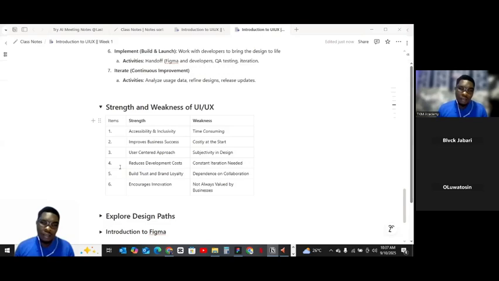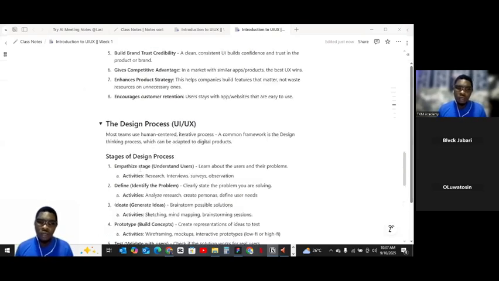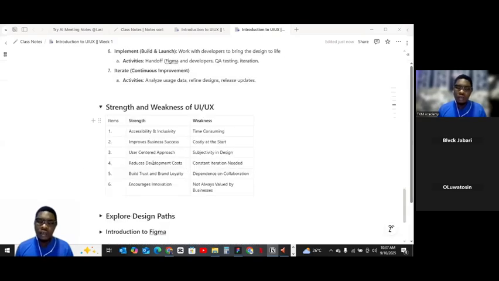So you need to understand. That's the empathize stage of the design process that we are doing here. You need to understand your user so you can carry out their project. Now, the weakness is subjectivity in design. Subjectivity in the sense that you have to follow some kind of conditions.